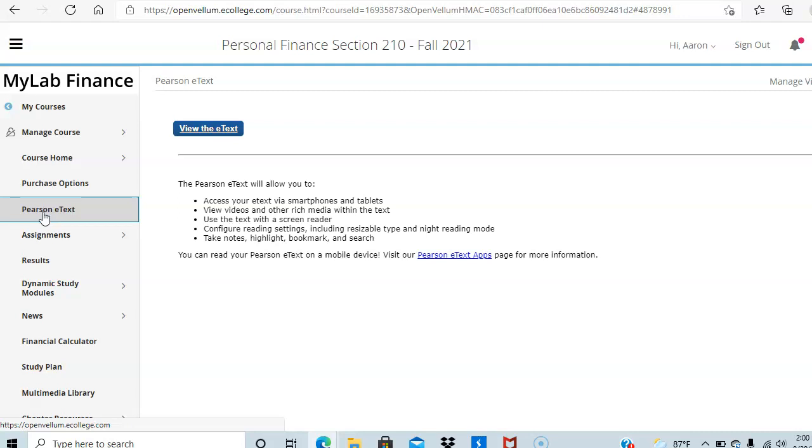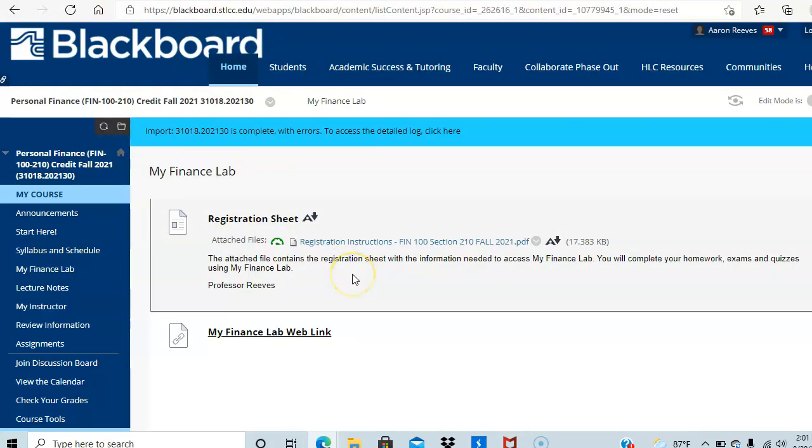It gives you the option of getting a digital version of the textbook. So that's your choice. You can either purchase a hard copy, or if you prefer, you can use the ebook digital copy. But once again, with that 14-day grace period, it will give you free access to the ebook during that 14-day grace period. So there's no excuses for not getting your work done in the first 2 weeks, because you all can register for My Finance Lab and use the textbook ebook for a 14-day grace period.